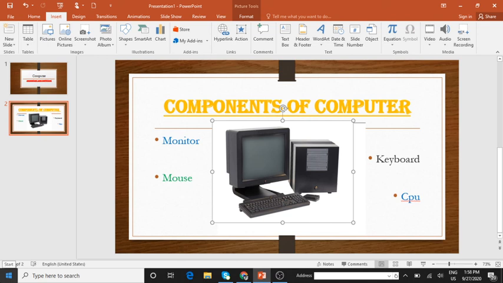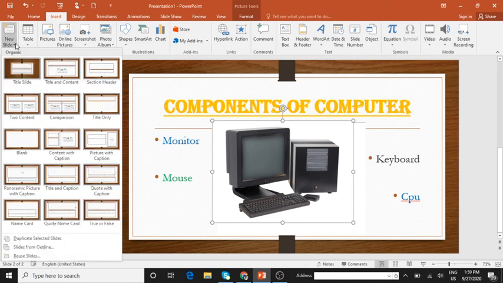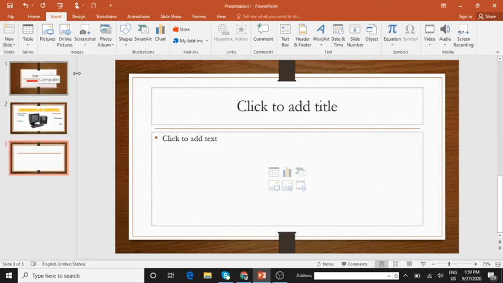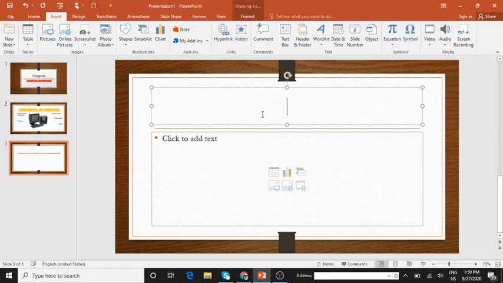So the next one, children, is paragraph spacing. Okay, paragraph spacing. In your Word also you have already done this. Spacing between the paragraph or the lines or the text. Select the entire set of text you want treated as paragraph. So I'll just show it to you with a new slide. Click on new slide. Okay, I'll just click. Each one of them, we'll just take each one of them.